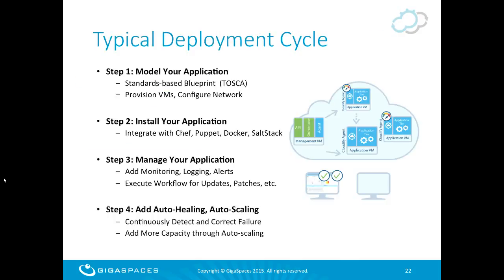So Cloudify, in our specific case, is an orchestration engine, and a typical deployment cycle for that type of environment would mean that the first step is to model the application within a blueprint. That will include what the components are, how they connect to one another, and all those things that I mentioned earlier. Then we'll deploy or install this blueprint into the orchestration engine. The orchestration engine is basically acting like a robot that gets a task. It reads the task, which is the blueprint, and then it starts to execute it,